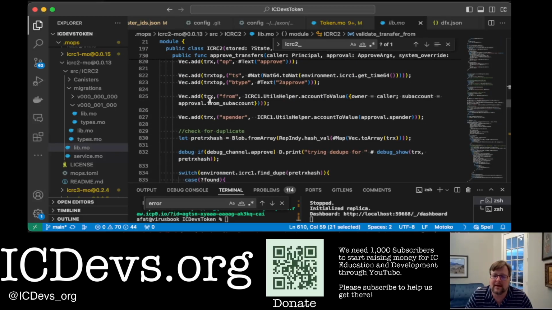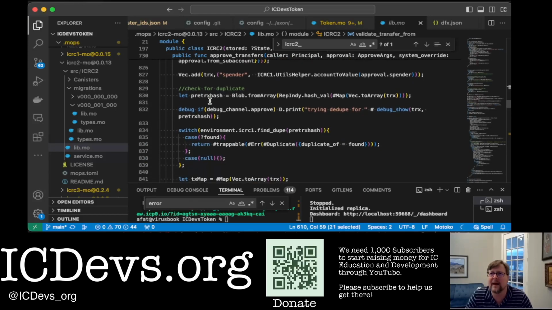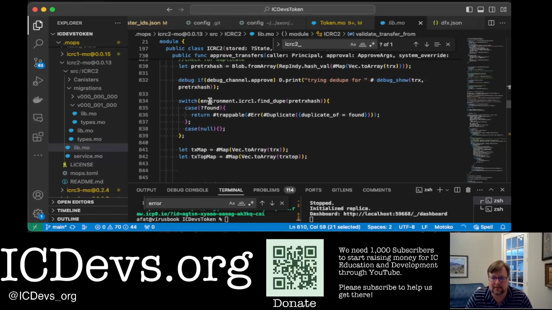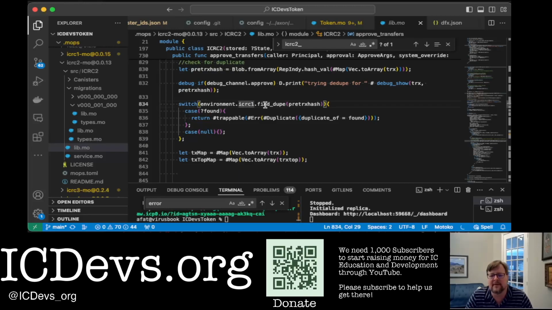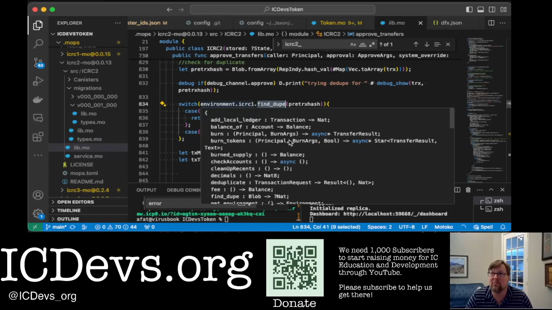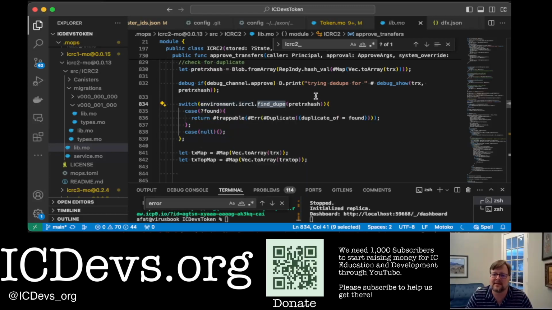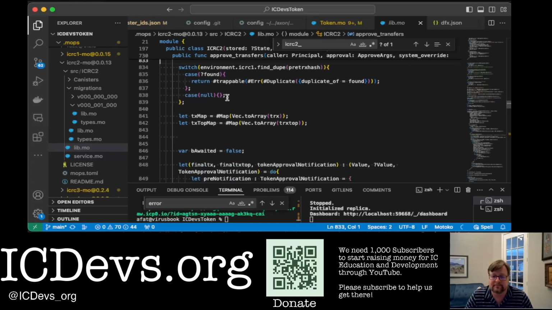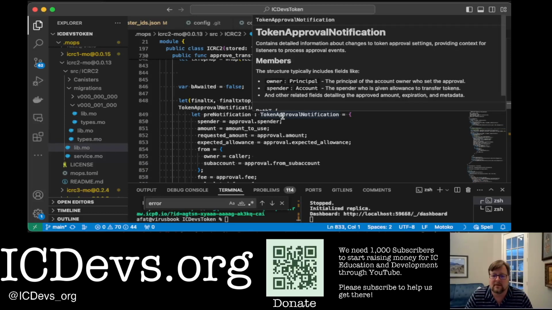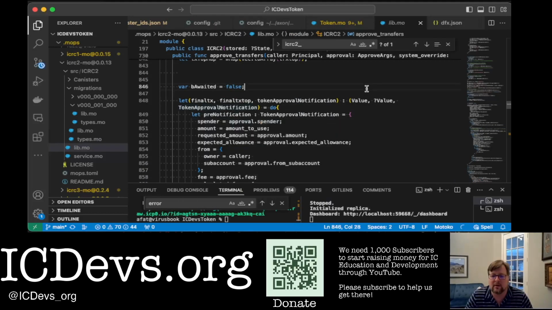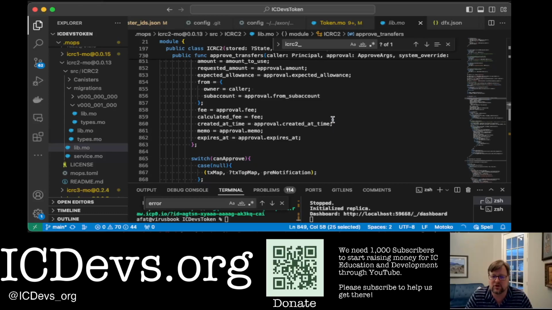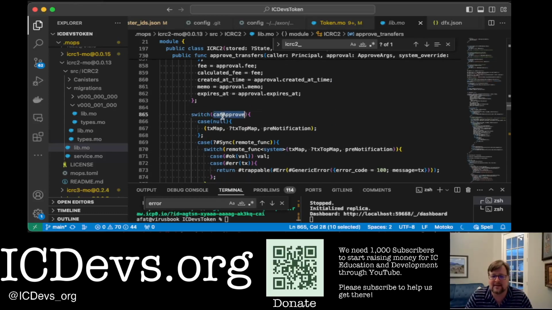We're building our block here, adding all of the items that make up an ICRC2 block. We then use the find duplication in our ICRC1. If we've implemented ICRC3 inside of ICRC1, it'll use that pathway inside of ICRC1. If it's a local just test token, then it'll use the local transaction log to deduplicate. Once all that's put together, we're going to construct our token approval notification and eventually pass it into can approve